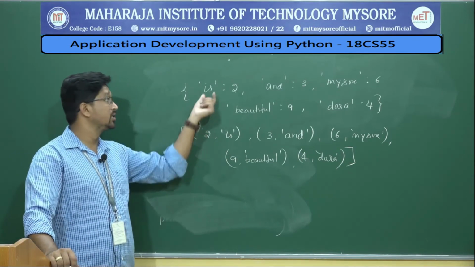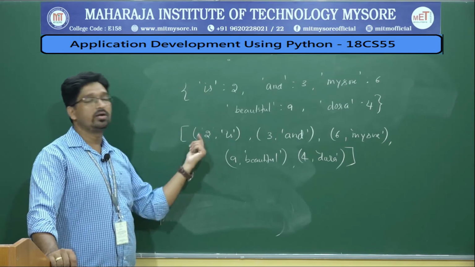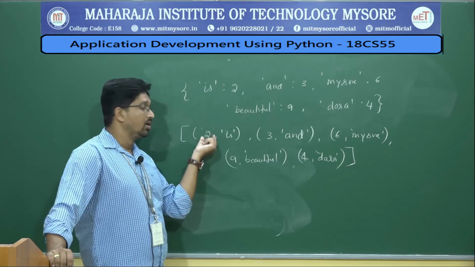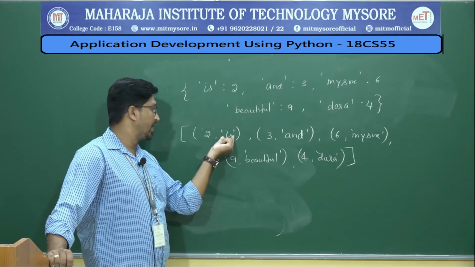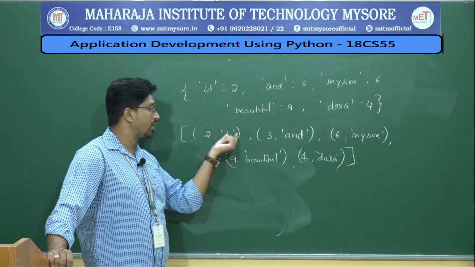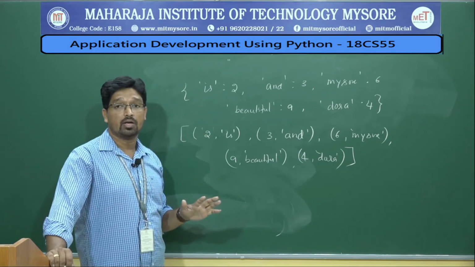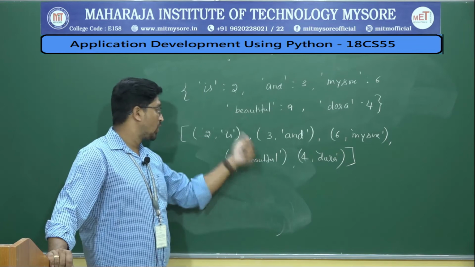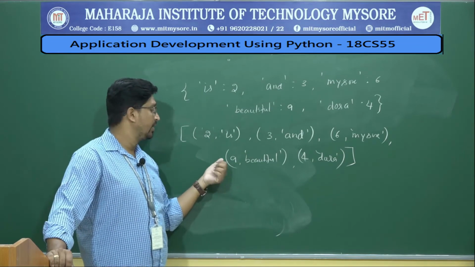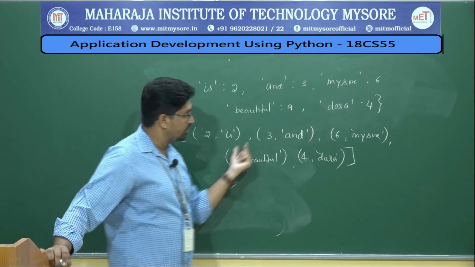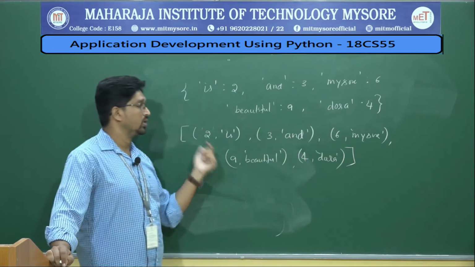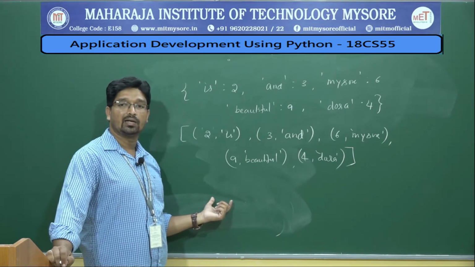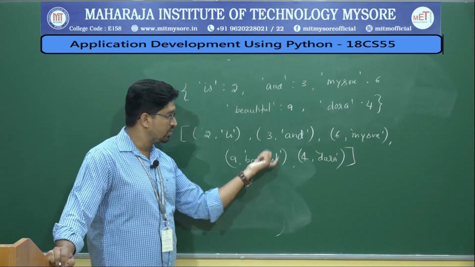Why have I interchanged? Here you have is, then 2. Here I am trying to interchange because I can sort the list based on the list value. If you place the words first, they are sorted alphabetically, but I don't want alphabetical order sorting. I want length sorting. So if you apply the sorting function to this particular list, you will get 9 first, 6 next, 4, 3, 2. Those are the sorted list. Then you select the top 3 words, means you select only beautiful, Mysore, dosa.